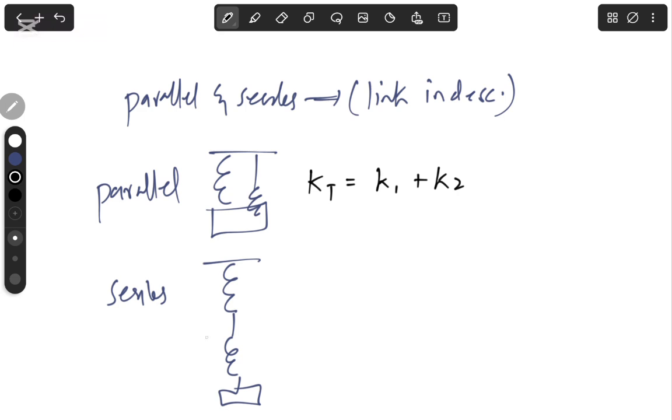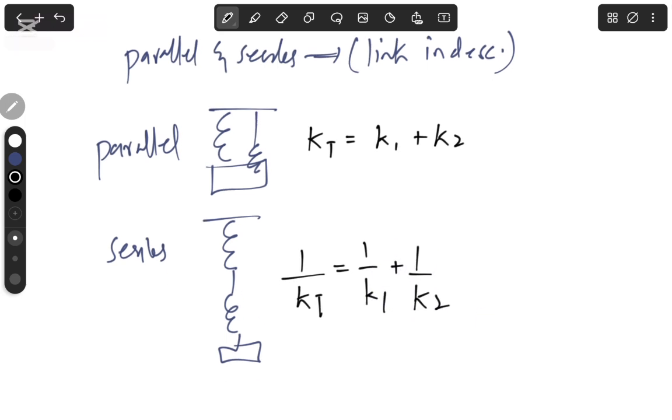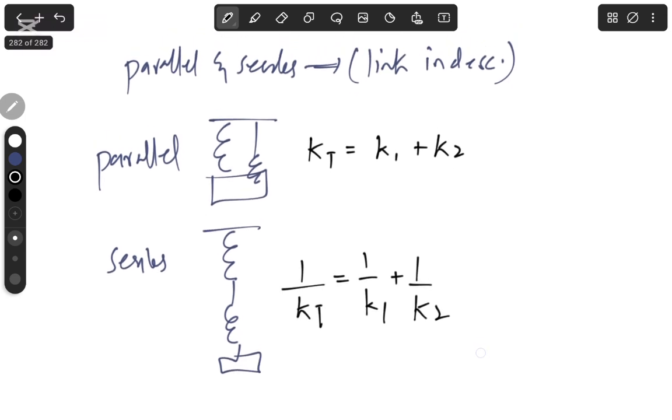And here, on the other hand, when they're in series, 1 over K total is equal to 1 over K1 plus 1 over K2. Okay? Right. So this is for both conditions. Now, if these springs are identical,